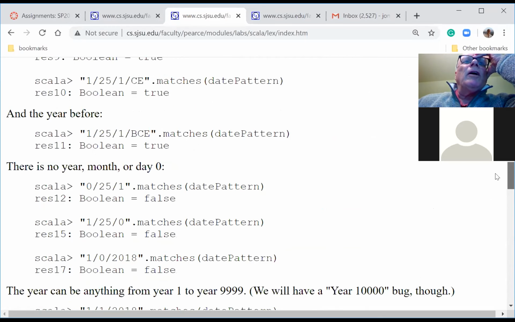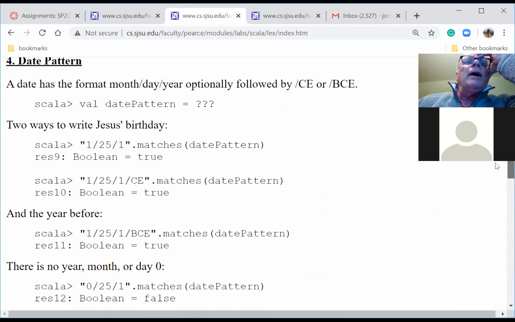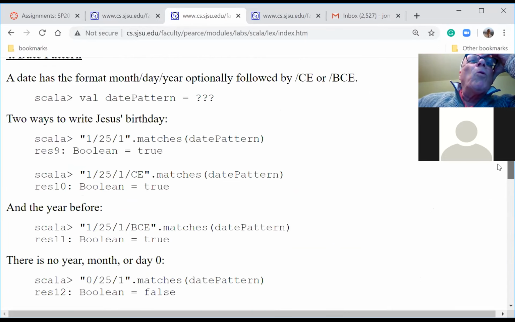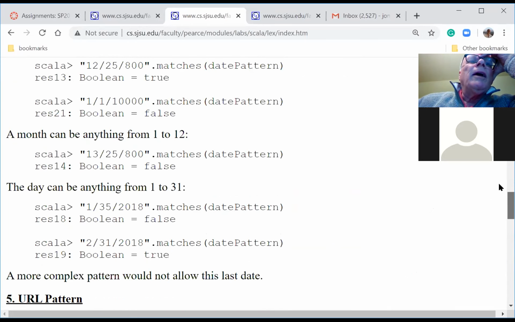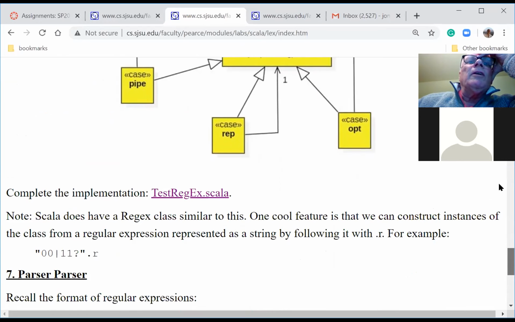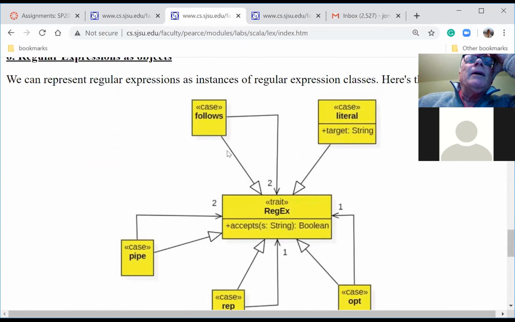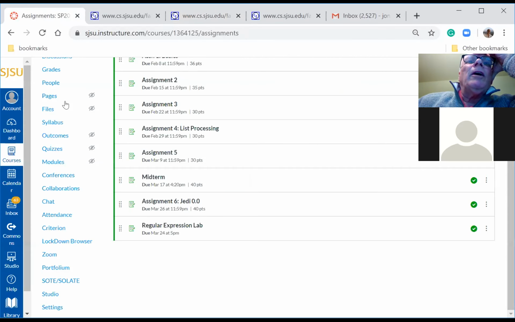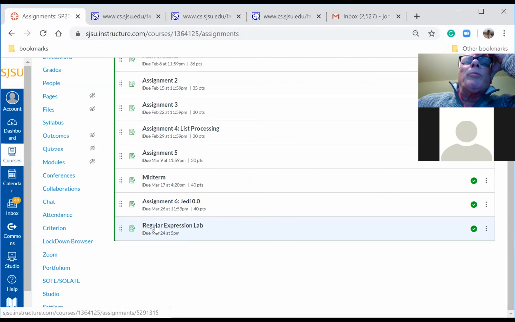I made an assignment, which is due at 5 o'clock, for you to do number 4 and number 6 in these labs, and that is on the assignments page, regular expression lab. So we will scrap that for today, and maybe that'll be an in-class lab that we will do on Thursday. And then on Thursday, we'll start getting into parsing.